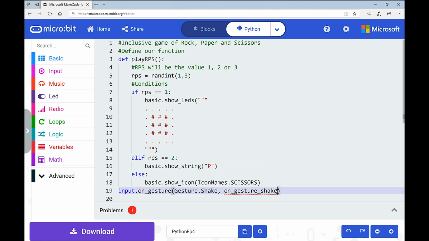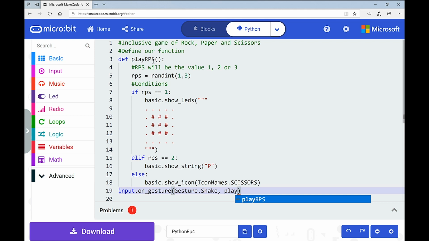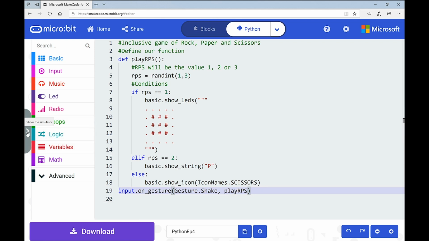And here we need to change this, don't we, Niamh? Yeah, we need to call on the correct function. So we renamed our function. Yeah, so my function up here is RPS, play RPS, yeah. Perfect. And I think we should be good to go. Yeah, my problem is gone. So we should test this.